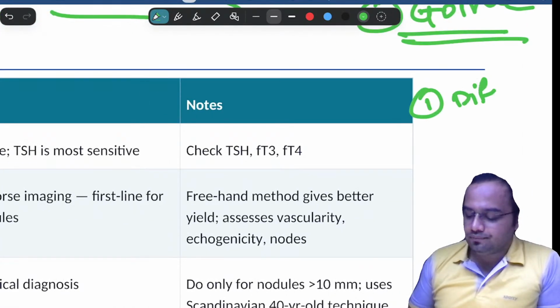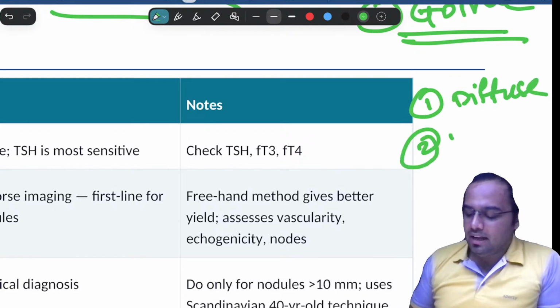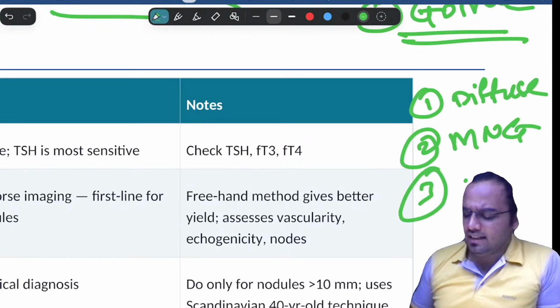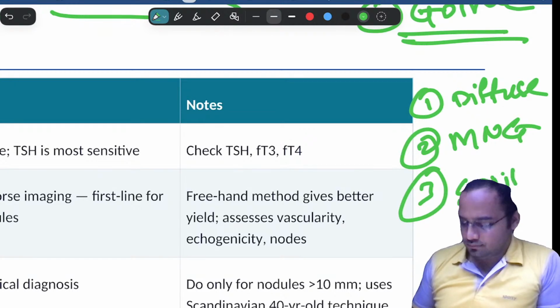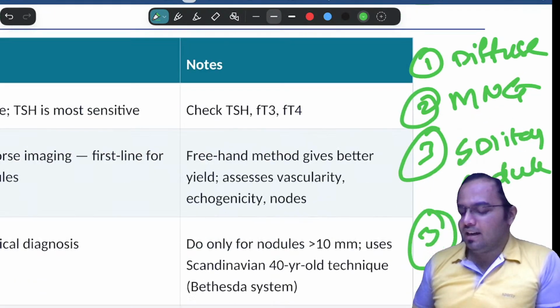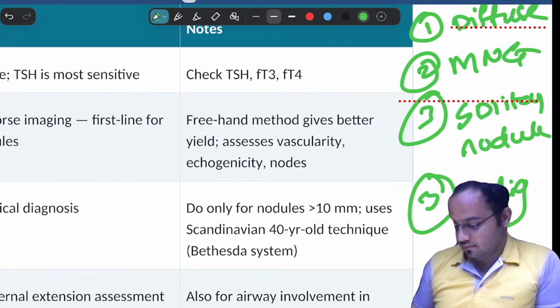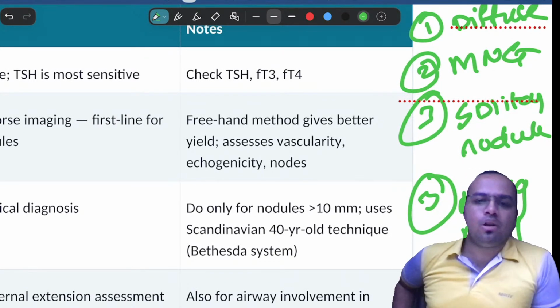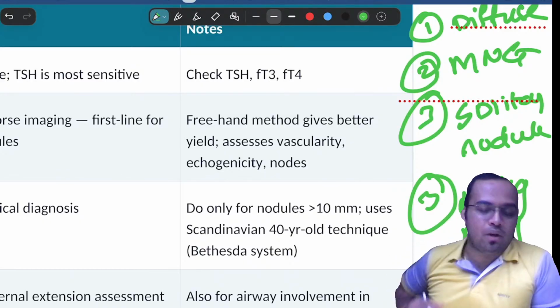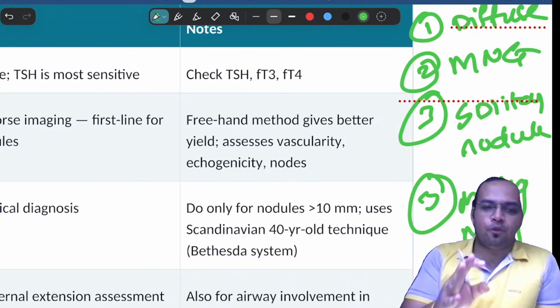So one might be a diffuse goiter. The second might be MNG, a multinodular goiter. Another might be a single or solitary nodule. Third might be, yes, a malignancy. So these four things we have to rule out. Simple. Whenever the patient has a thyroid swelling, all four things should be in your mind,